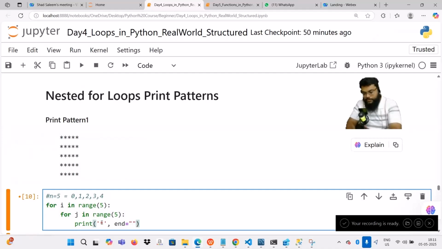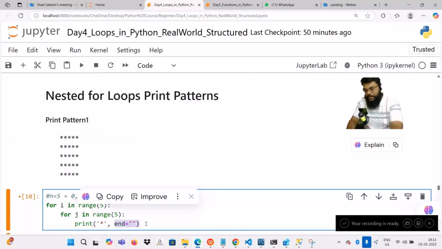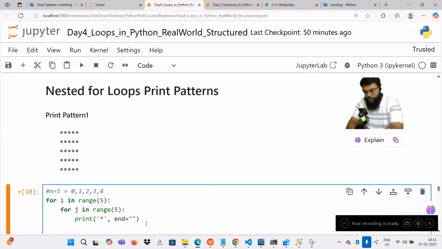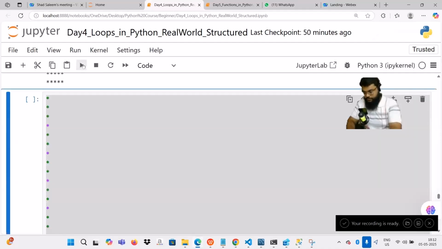The advantage of this is all 5 values will print in one line. Then again I have to go to the outer loop, the I loop, and print a new line. If I say just print, it will print a new line if I don't write anything. Now if I just execute it, here you can see